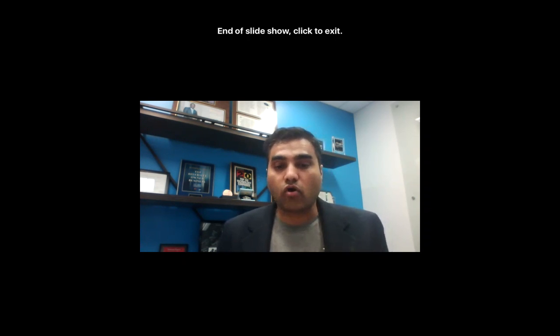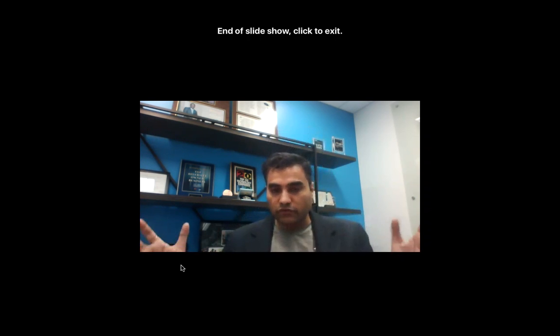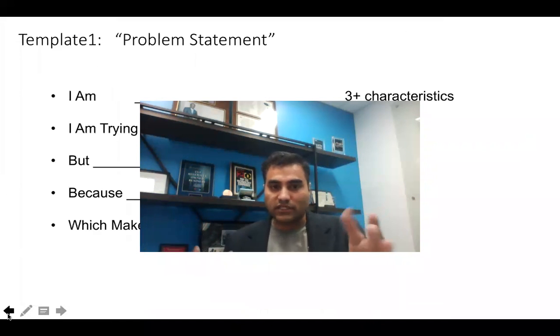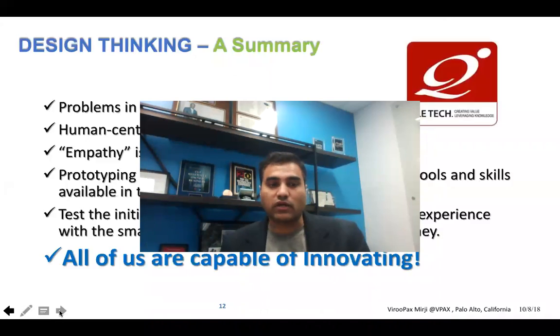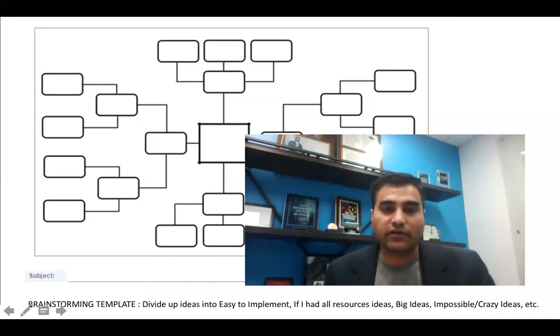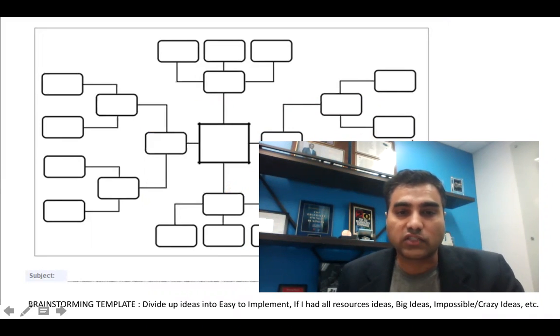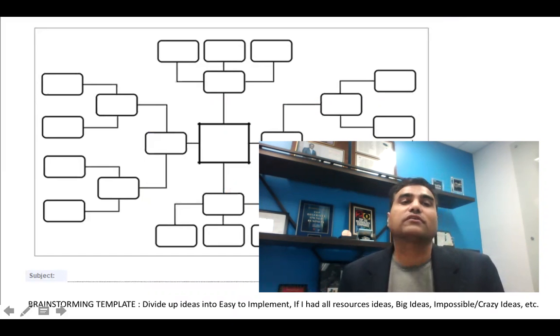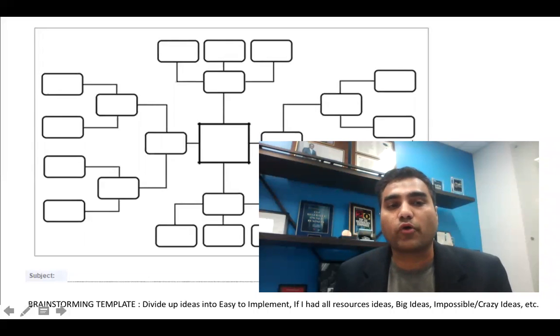Then go and start brainstorming, like the way Virupaksh showed. The slide number 4 is, yeah, the next one after that. Yeah, this one. I really like the center square piece, wherein what is the core idea you're trying to solve? What is the key problem you're going to solve? And take it from there and build your solutions from that standpoint onwards.